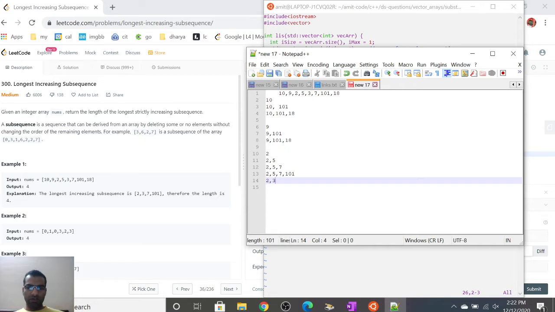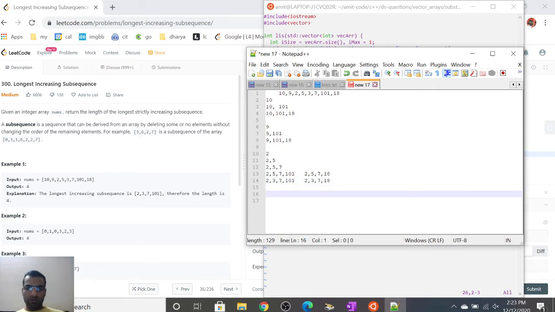Then we can have 2, 3, 7 and 101 as another, because if we take 5 and then take 3 again, it will become a decreasing subsequence, so we do not want it. Apart from this we can have 2, 5, 7 and 18, which will also be a subsequence, and the same as 2, 3, 7 and 18 or maybe 101. These are both increasing subsequences.